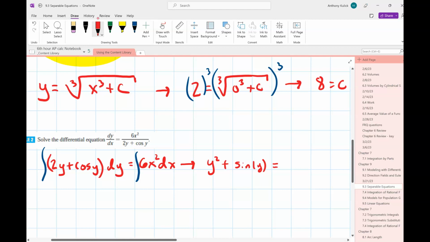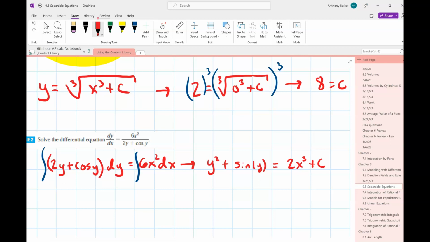Oh, thank you. The antiderivative of 6x is 6x squared over 2, which is 3x squared. Actually, the x term here gives 6x cubed over 3, or 2x cubed. Yeah. And I'll put the plus c over with the x's, since eventually I would hope I can get the y